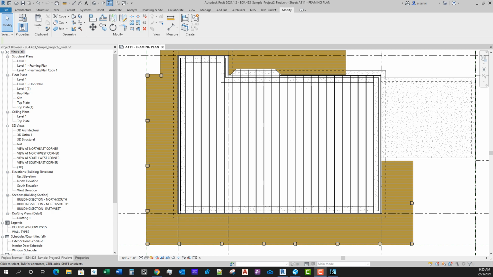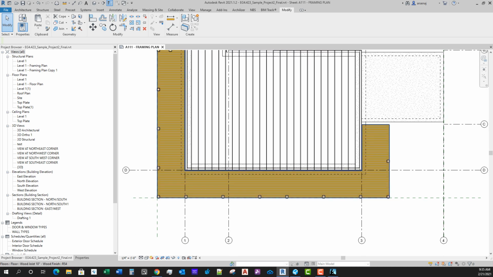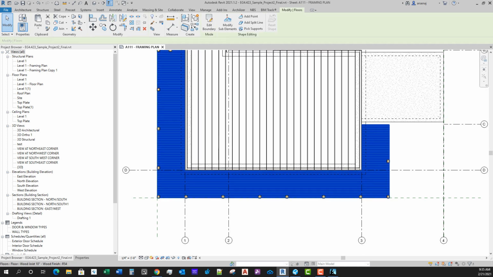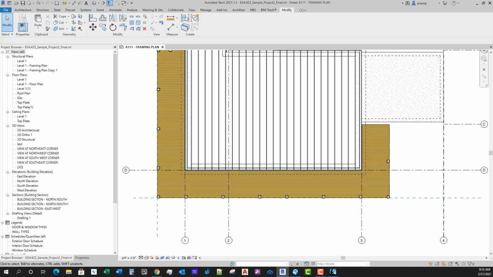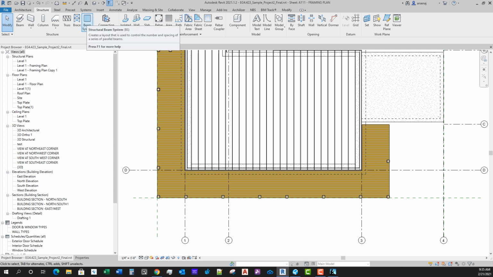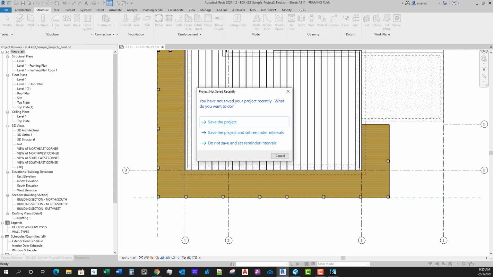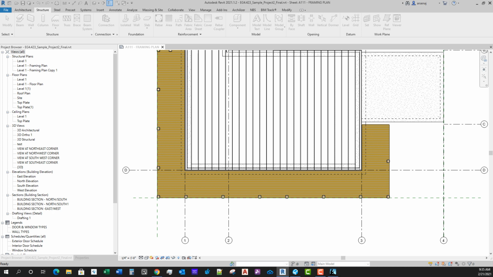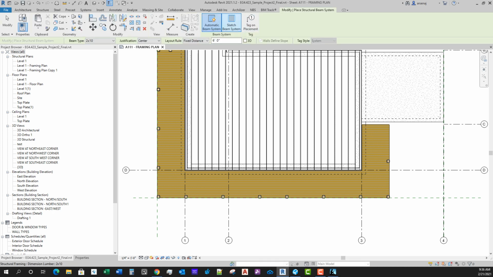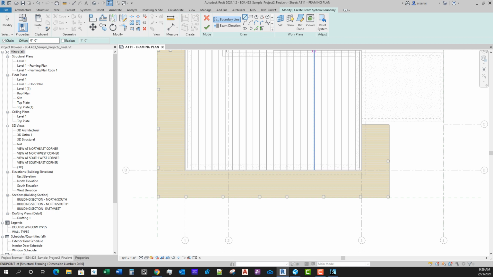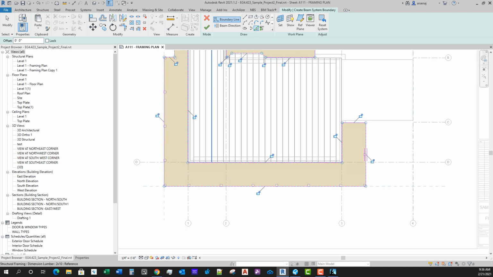All right, so let's continue making our foundation plan and our structural framing plan. If you have a deck, you're going to need to create a beam system for your deck as well. You go up to structure, just like we've done before, beam system, and then sketch beam system, and then we can pick lines. Hover over your deck boundary, and you can hit tab twice, and you can create the boundary lines for your